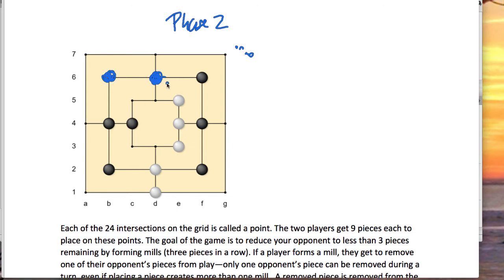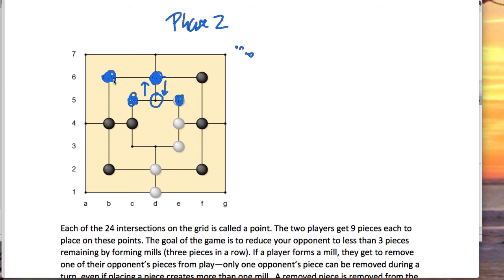And what I might want to do is move this guy to here, and then the next time I get a chance, I move it back, I form a mill. Right? And so I can go back and forth. In fact, if I had pieces here, every turn I'd just go back and forth, forming mills, and every time I did that, I could remove one of the other pieces. One question that might come up is,